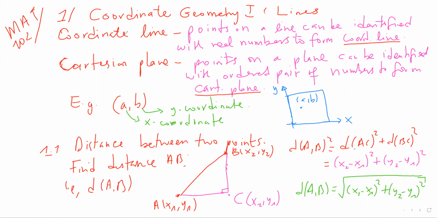If we have points on a line, we can identify these points with real numbers and many other types of numbers that form a coordinate line. Of course, if we have a plane, then you can also have points on a plane and you can identify them by ordered pairs of numbers to form a Cartesian plane. By that, I mean that if you have a point,